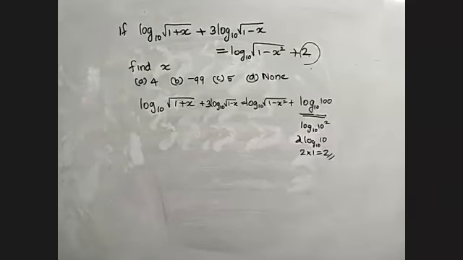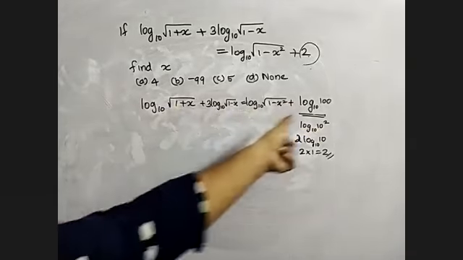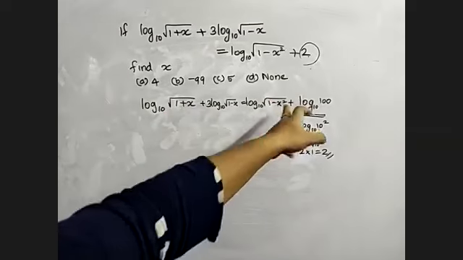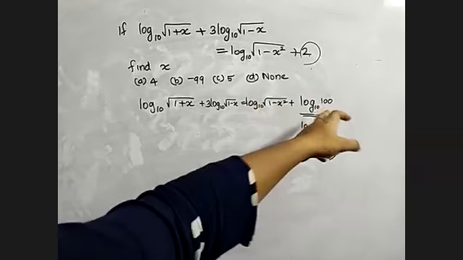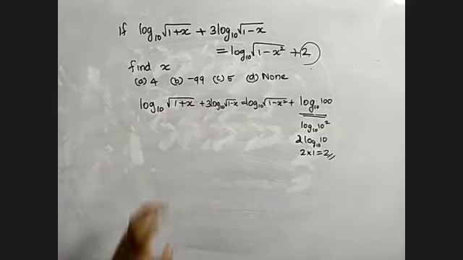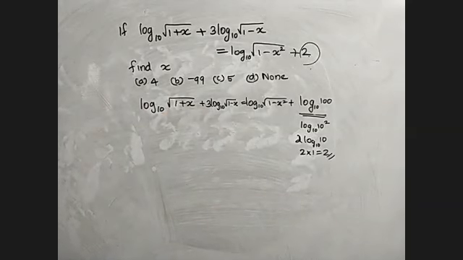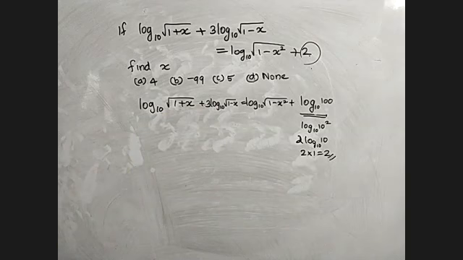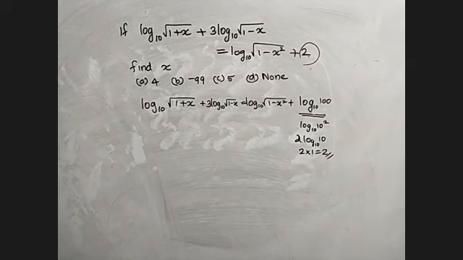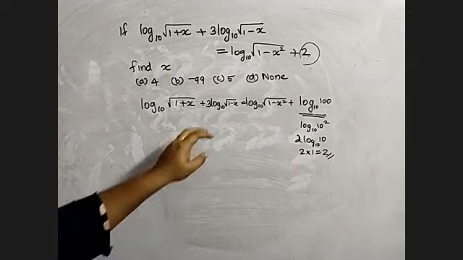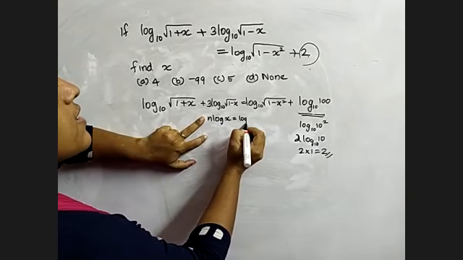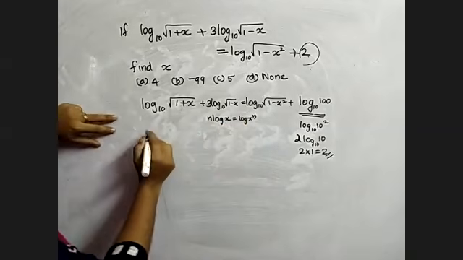Fine. I'm applying the property because I need one more log here so that I can have log a plus b here and log a plus log b here. Again log x plus log y here. Okay. Now what is log x plus log y? Log xy. Apply that property on both sides. Also here we have n log x. What is that? That is log x raised to n.